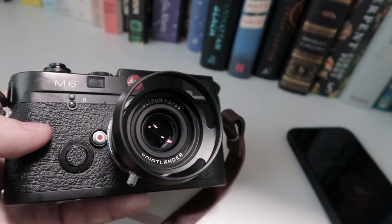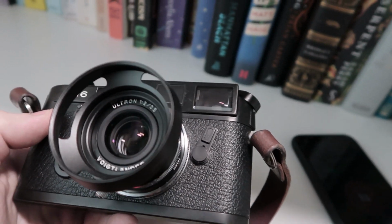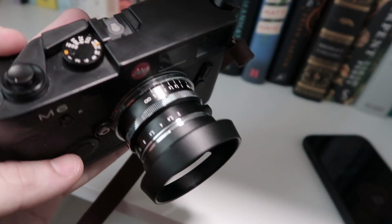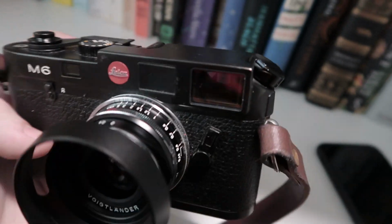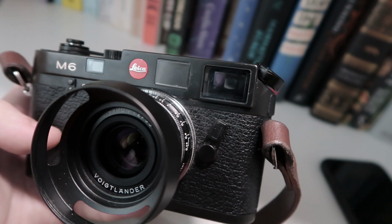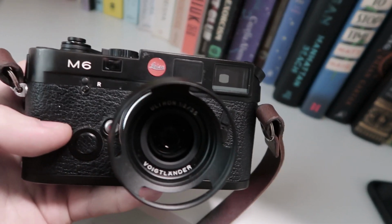Matt Day has done a video on this lens before, and to be honest with you, that was one of the reasons why I actually picked this lens up, because it's actually really nice. So far, the only thing I don't like about the lens is the fact that the distance scale is in meters, and I work in feet personally, but it's just one of them things that I can easily get used